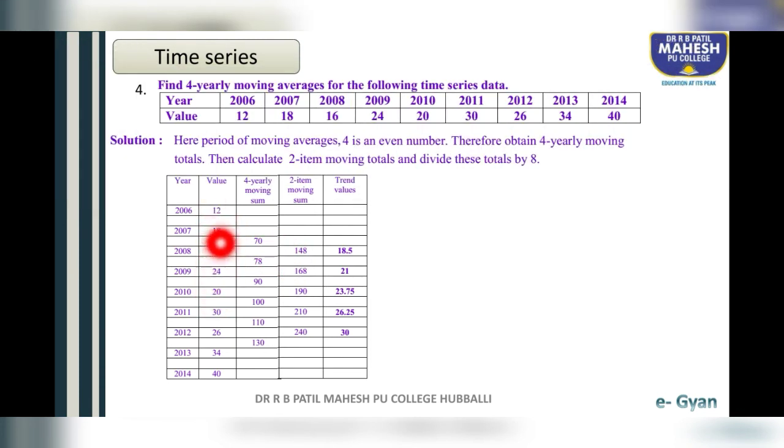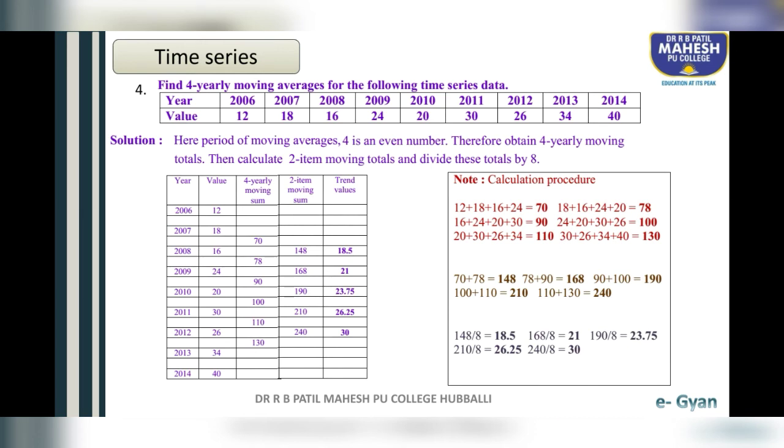For even number, you have to write the values line by line. You have to leave one gap. Then you solve the example. For even number only, you have to leave one line gap when you are solving the examples.